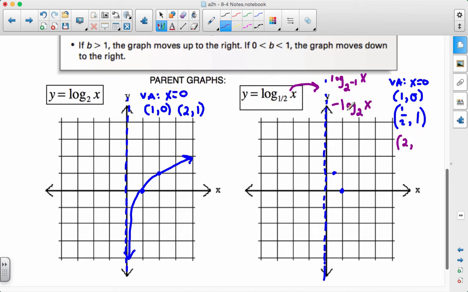Log base 2 of 2 is a 1. I have this negative out here, and I'll have negative 1. So that's a third point. You don't have to do this, but if it helps you, then go for it. And you see that's consistent with